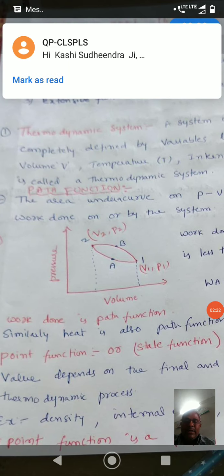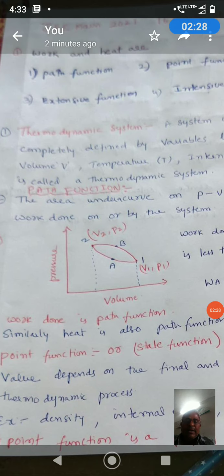So what can we say? Work done is a path function. Similarly, heat is also a path function. So work and heat are path functions. So the first option is correct. Similar questions will be asked, so we have to know what is a point function, what is an extensive function, and what